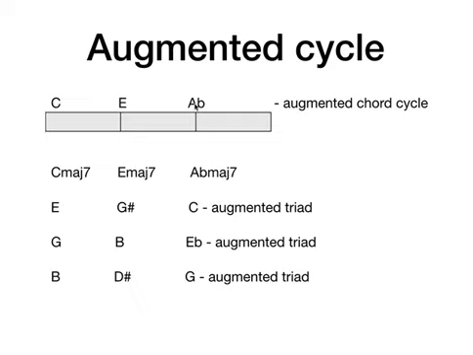As we know, the augmented cycle, we only have 4 families of augmented chords. We've only got 3 families of diminished chords, etc. So that's what he means by a limited transposition. Okay, so this is a note group of limited